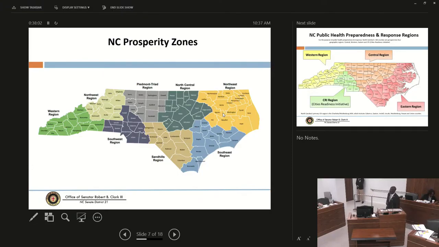And then you see the northeastern region up there. Probably looks similar to many of us. Then you have the Triad region, the north central region, the northeast region, southeastern, and you have the Sandhills. Now, clearly, all those counties you see there are not going to fit in Sandhills. Senator Blue already gave us a geography lesson on the ones that make up essentially the central core of the Sandhill regions, which are the ones that were adopted in the plan that I'm going to use.